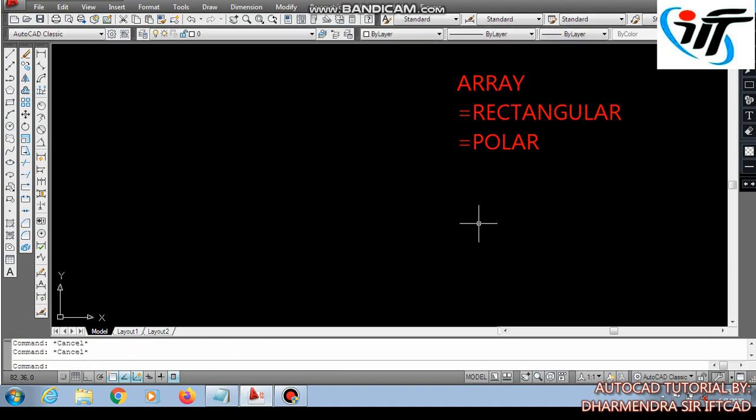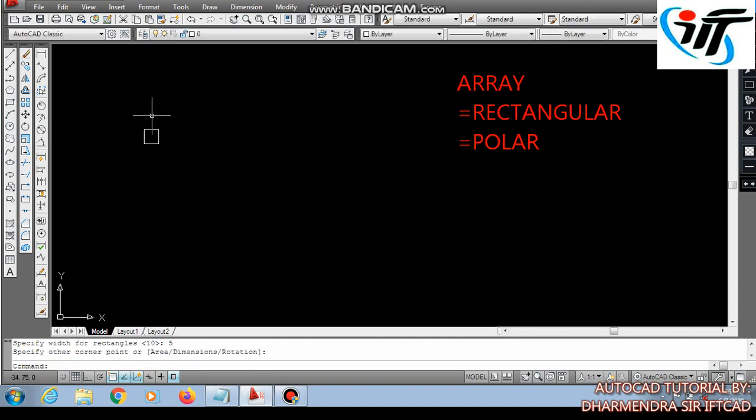So today we are practicing the array command, in which we are going to practice rectangular array. First draw a rectangle, REC enter, then provide the dimension, D enter, 5 unit of length and 5 unit of width.